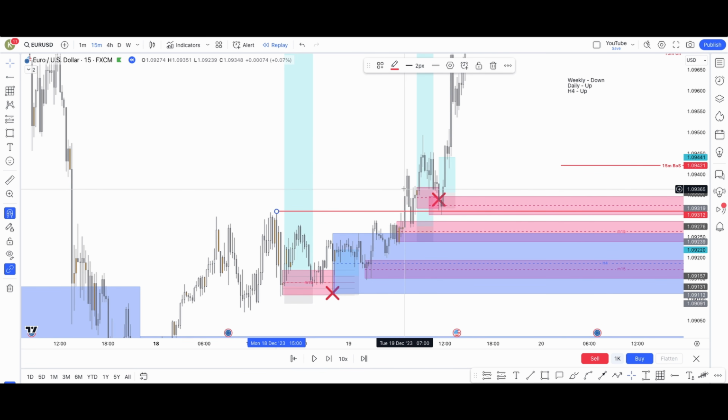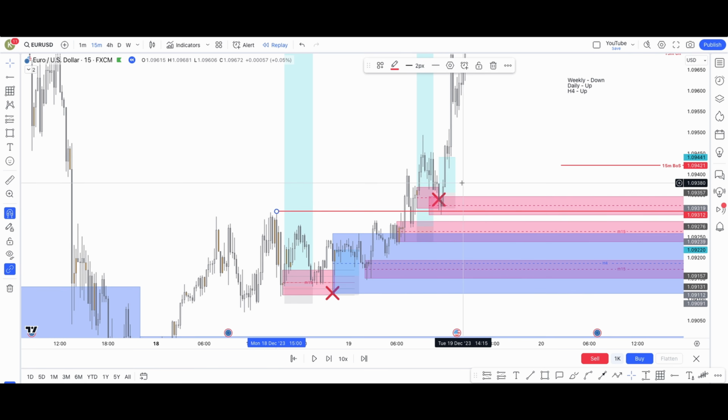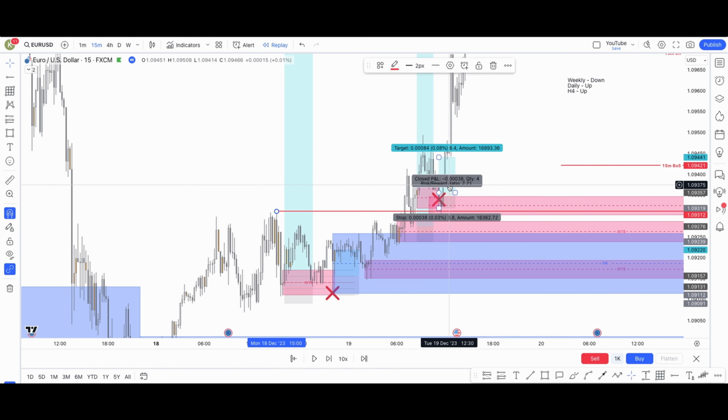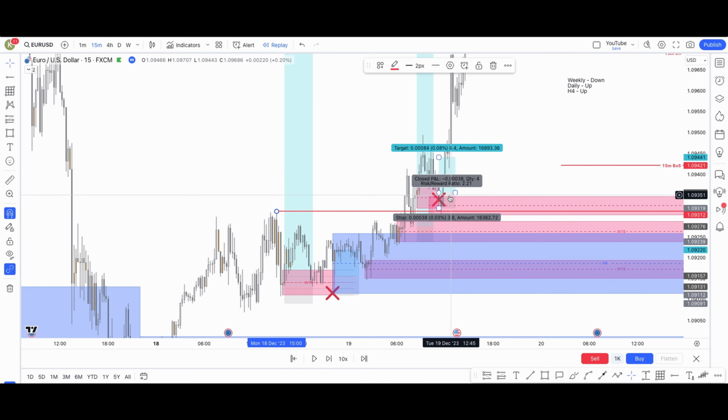Price went up past the previous day's high, came down, tapped the daily rebalance at 11:30 in the morning. So still London session, price comes up. If I'd have noticed that, well, I wouldn't have placed a trade off it, but I'd have been a little bit more conscious. Ah, right, yeah, we kind of did. It was that inside bar. So yeah, anyway, I'd have been trying to get in on a lower time frame here at the very least,